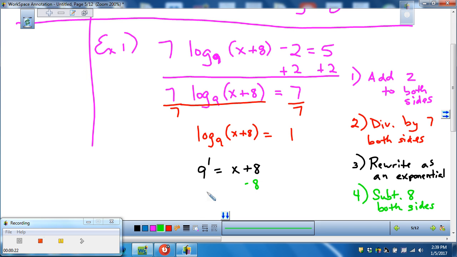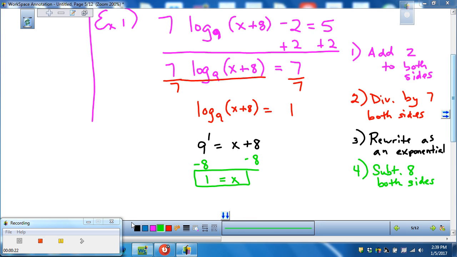And 9 to the first is just 9. 9 take away 8 is 1. And we have found our answer. After you've gotten your answer, remember, your last step, if you want to be wise, is to go and check your solution